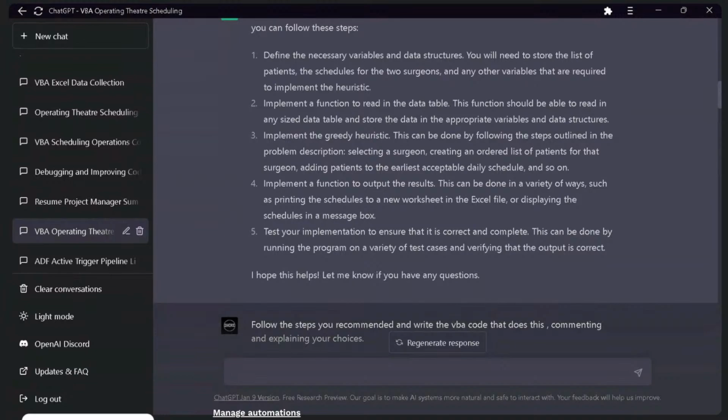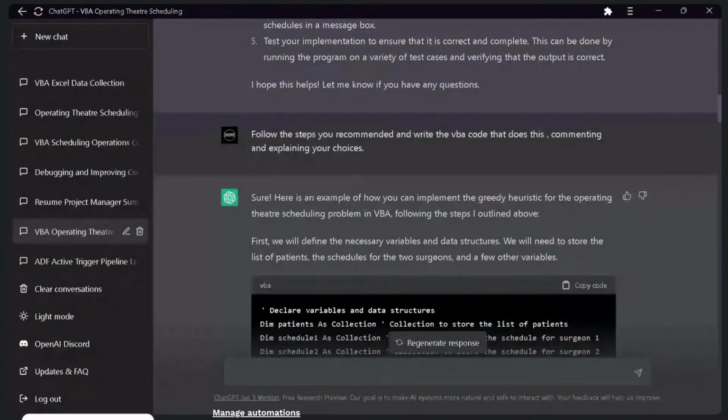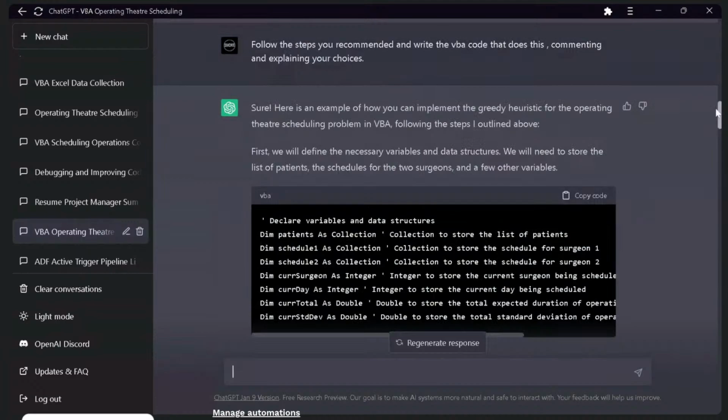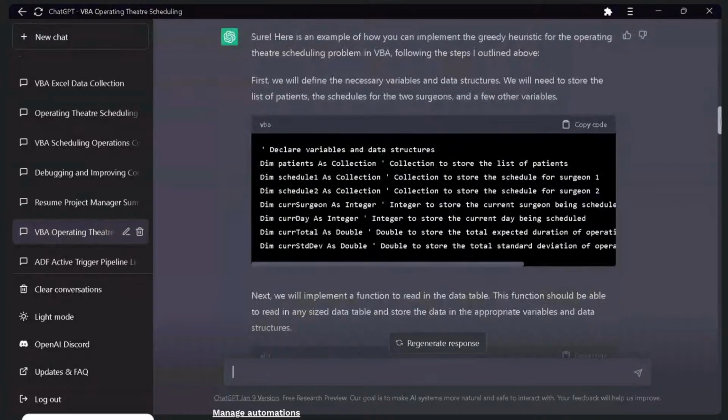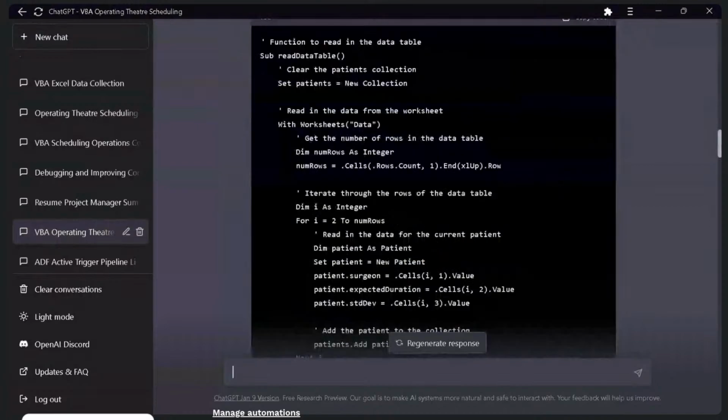Then I prompted it again and said, follow the steps you recommended and write VBA code that does this, commenting and explaining your choices. And it did just that. So it explained and commented each step. But through this code around here,